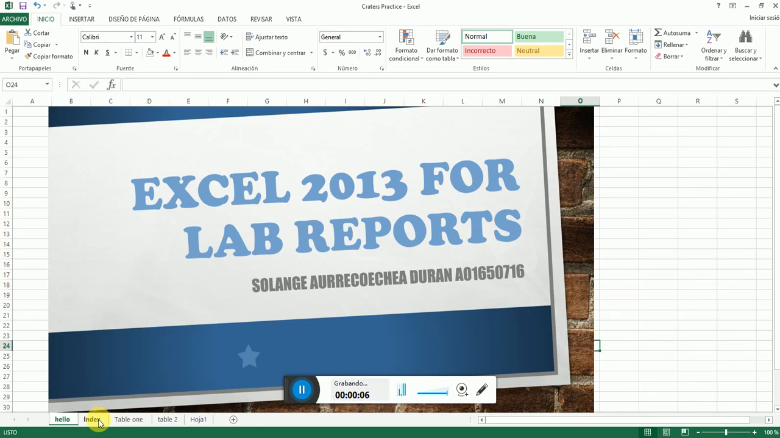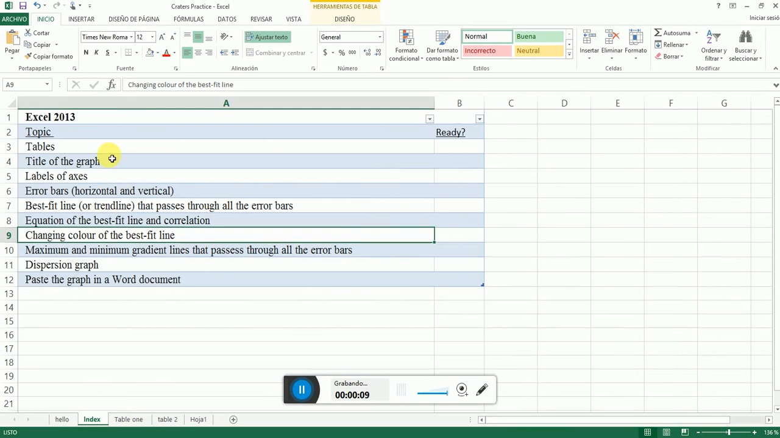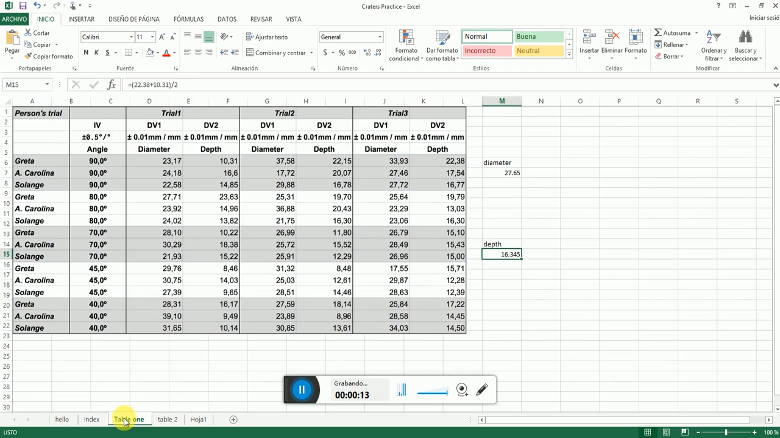Here's our index and all the things we're going to see through this video. And we're going to go to table number 1. This is our table from Lab Creators specifically. And here's how we got all the information. However, this is too much information and we just want the average in order to get just 2 graphs or